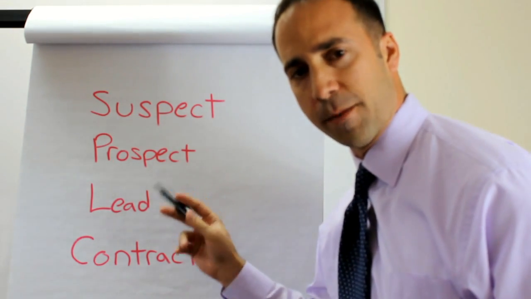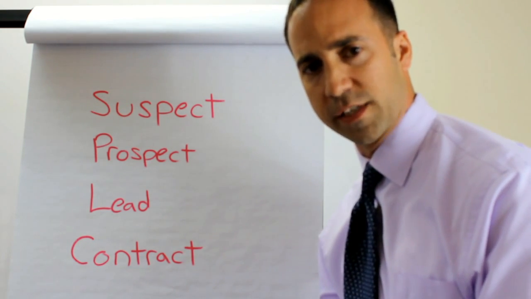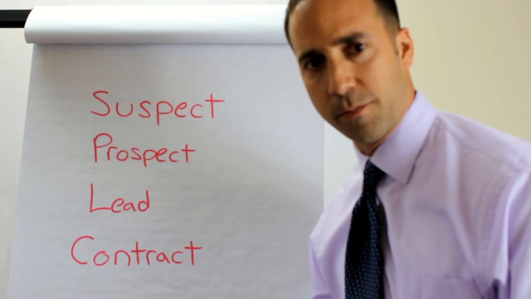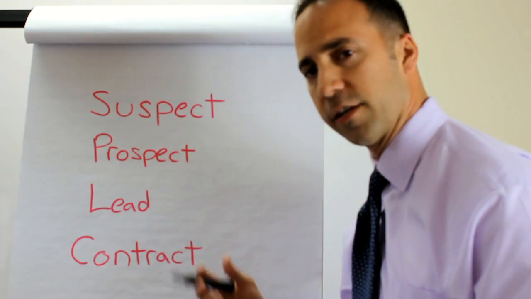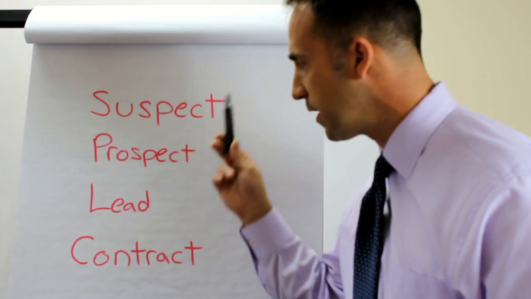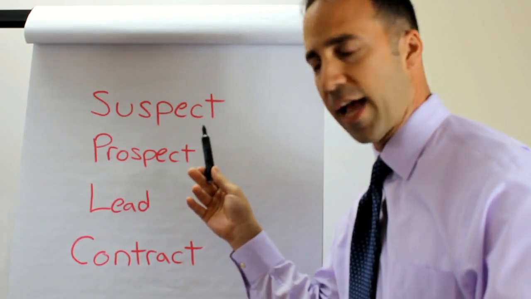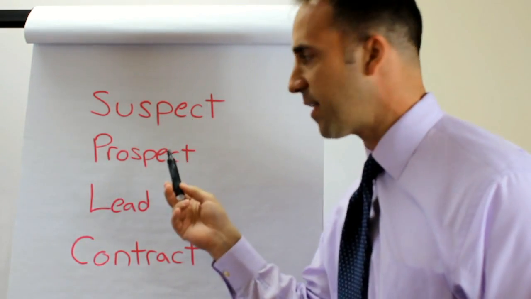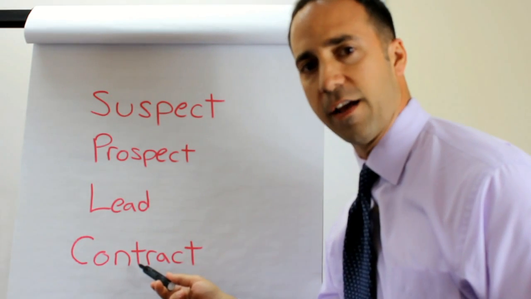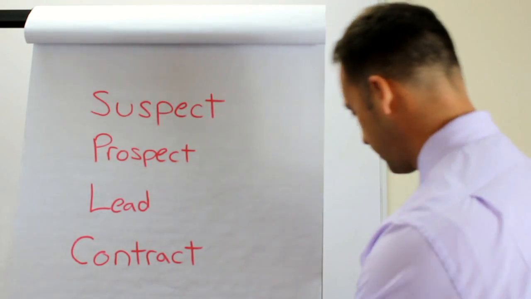A prospect is somebody that has the means and the potential to buy or sell, and then they will turn into a lead, someone that does want to purchase or sell, and then it's going to turn into a contract. So rather than prospect, lead, contract, let's start looking at these potential business as suspects, then a prospect, and then they'll turn into a lead, and hopefully they'll turn into many of these, which is where you're going to make your money.